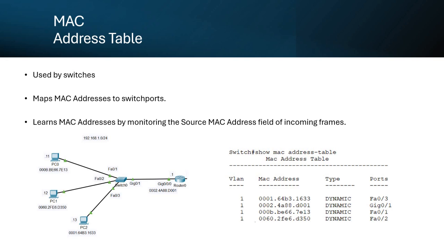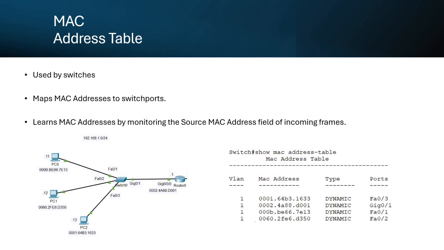Now, the MAC address table is something switches use to decide how to forward incoming frames. They map MAC addresses to switch ports. They learn these MAC addresses by monitoring the source MAC address field of incoming frames. In this example here, we see switch 0 with 4 devices connected. Each device has a MAC address, and the switch needs to know which port to use to send Ethernet frames